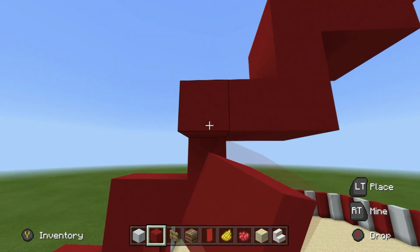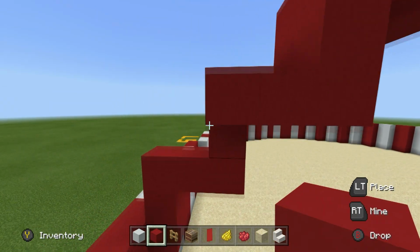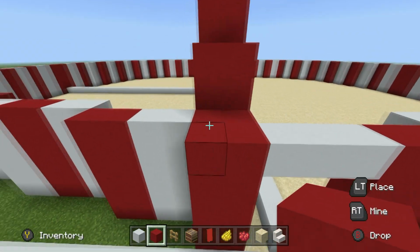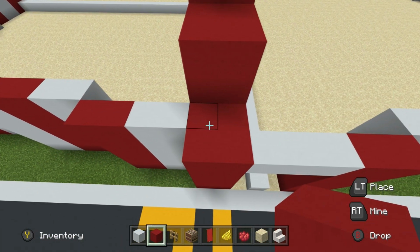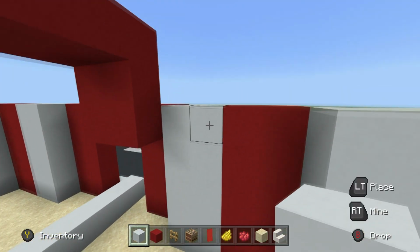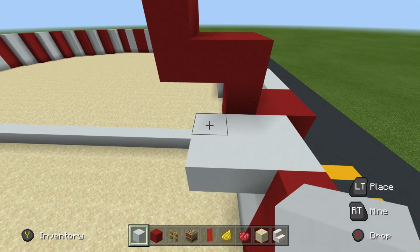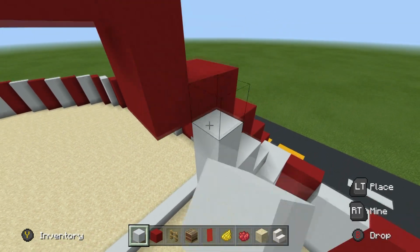So the roof is made up of layers, and each one of those layers begins when we have a new part of the outside of our tent. Here, for instance, you can see that the next part, this white concrete, is obviously extended inwards from the previous row of red. So the way that we do this is we take the top row of the white concrete and we extend it backwards until we are able to lock the white concrete inside of the red concrete, and hopefully